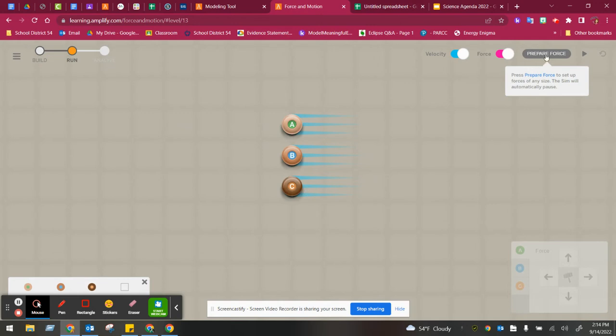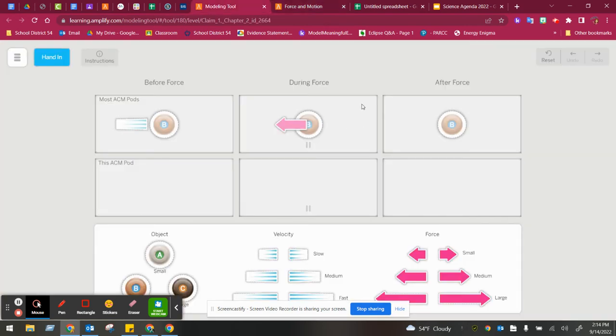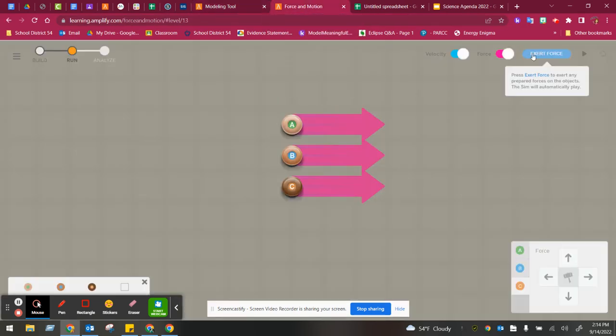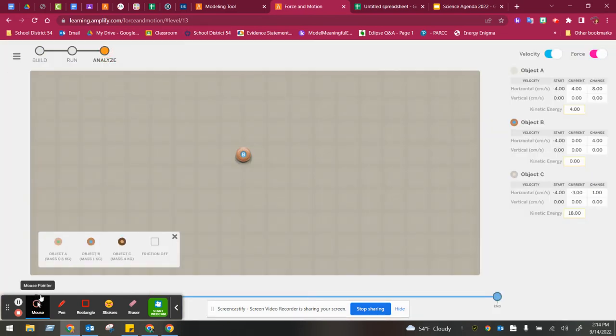I'm going to go ahead and click prepare force. And I'm going to click the same 4 right arrows on all 4 pods. 1, 2, 3, 4. So for claim number 1, to remind you, we're looking for the object that goes in the opposite direction as normal right away. Let's take a look. Notice B stayed where it was supposed to be. That's what normally happens. But when we watch that video,